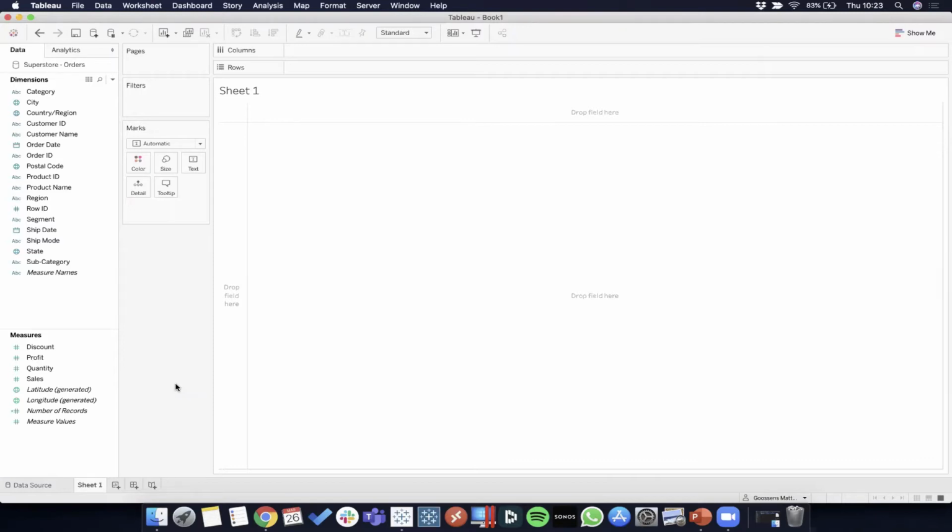This is our sheet 1. Tableau also uses the terminology of sheets. Multiple sheets will come together on a dashboard. You can also have multiple dashboards in this file, and the name of this file is always going to be